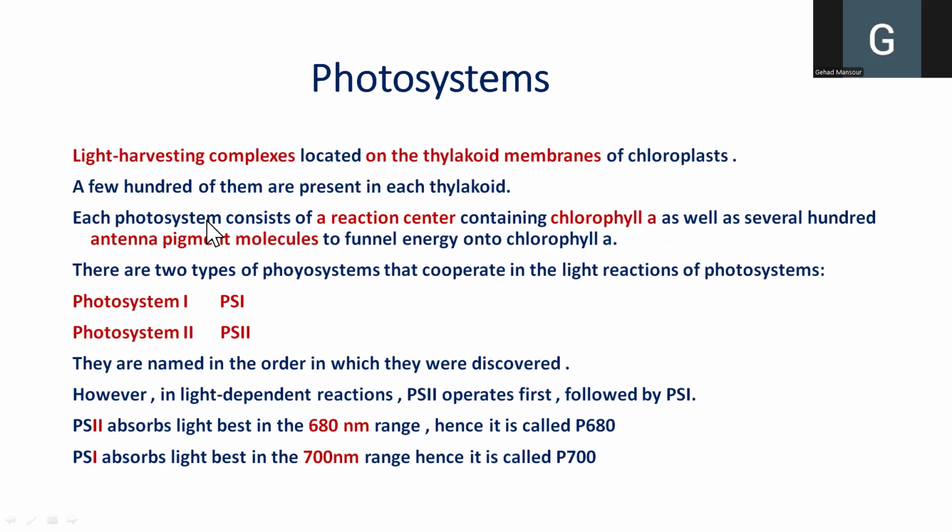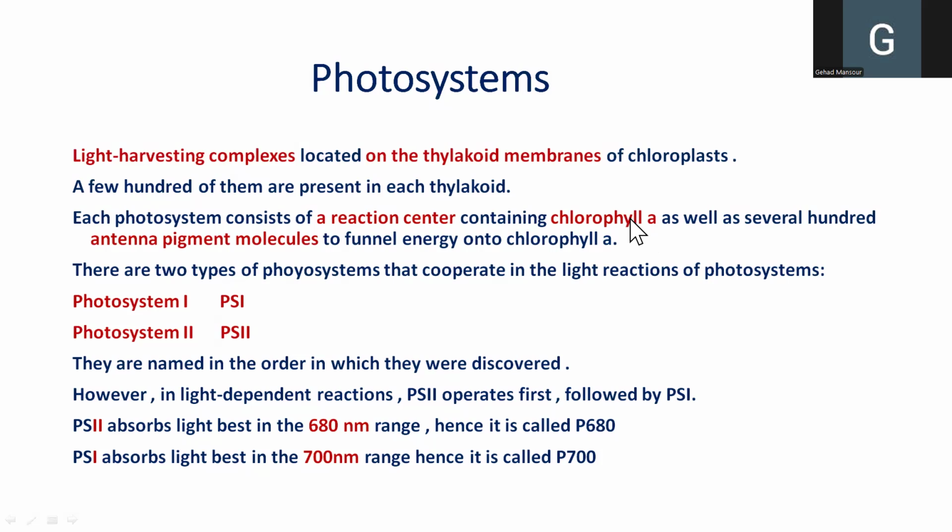So that's why in each photosystem we consider chlorophyll A the reaction center. Why do we call it center? Because it is the most important molecule among all these pigmented molecules. Why do we say reaction center? Because of course these pigmented molecules will carry out reactions. What kind of reactions? They're going to lose electrons and then receive other electrons and so on, as we will be